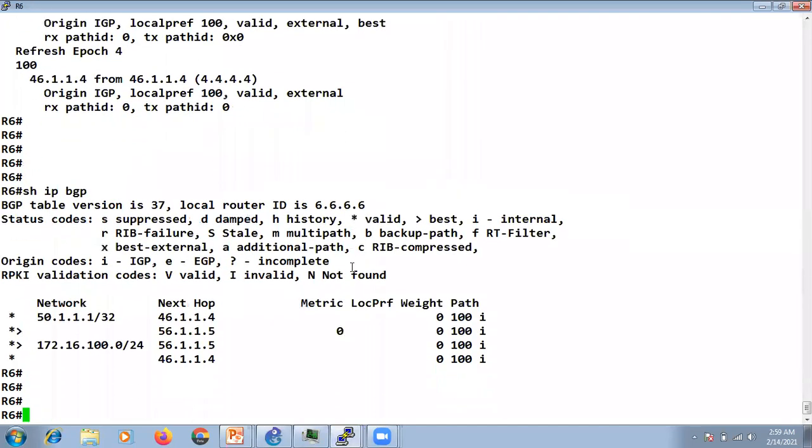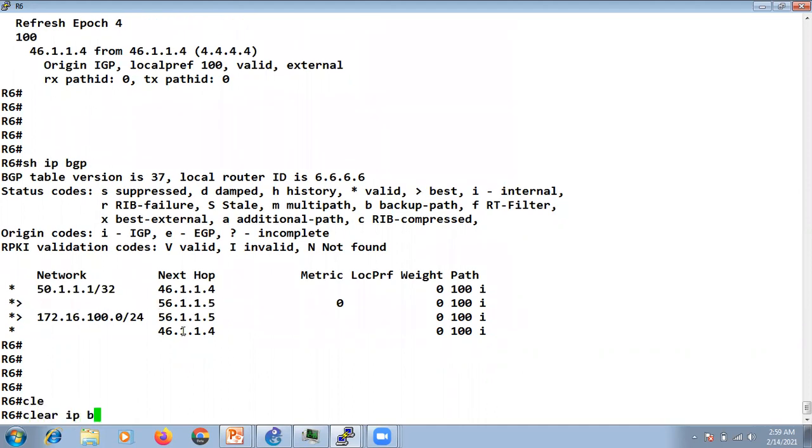show IP BGP, now the best route is via R5 because maybe it learned this route first. Let's clear this. Clear IP BGP. So when we flap the neighborship of R5, it will stop learning this route from R5, and then the route from R4 will become the best and older also, right? So it will start learning this from R4, and then R4 will be best as the older route.